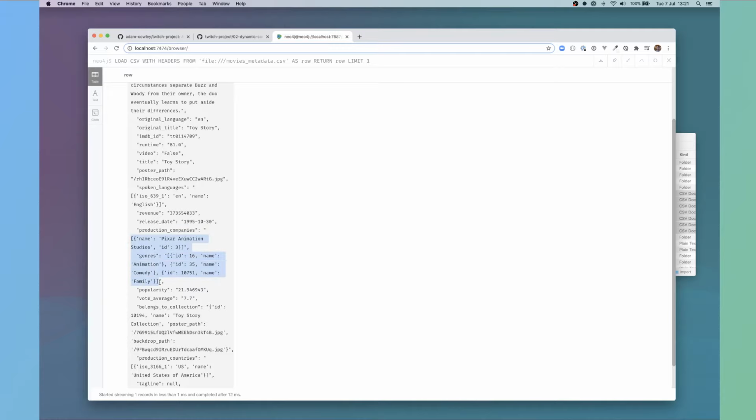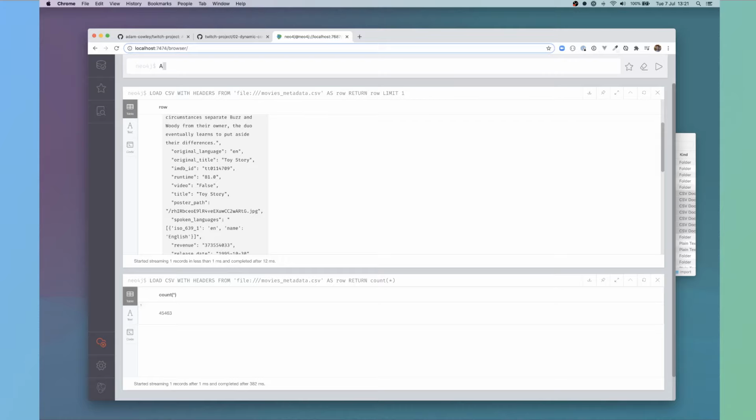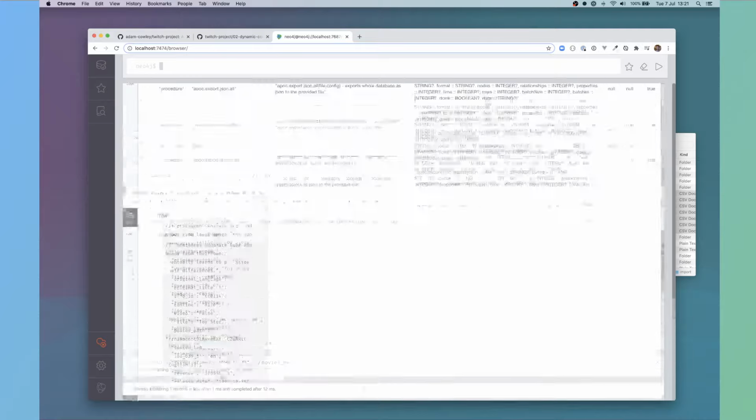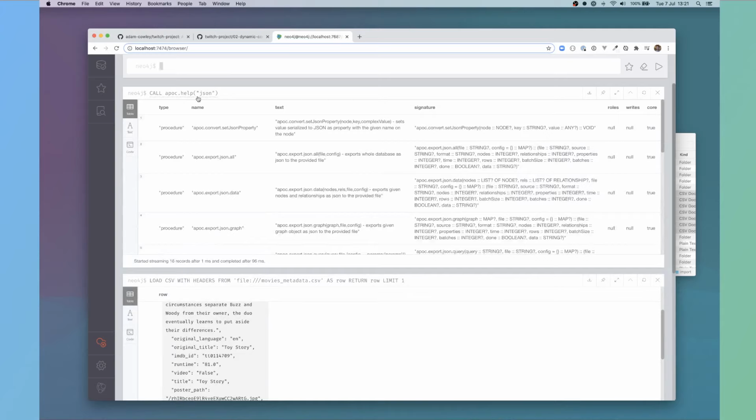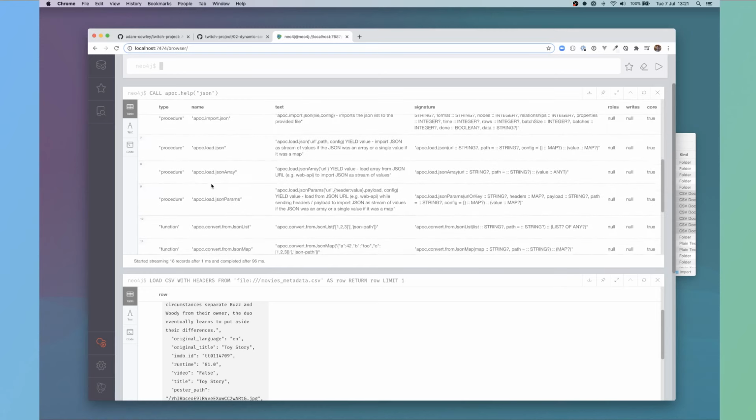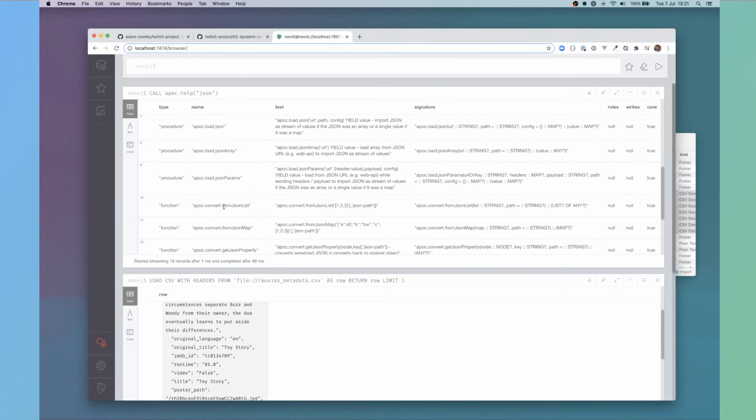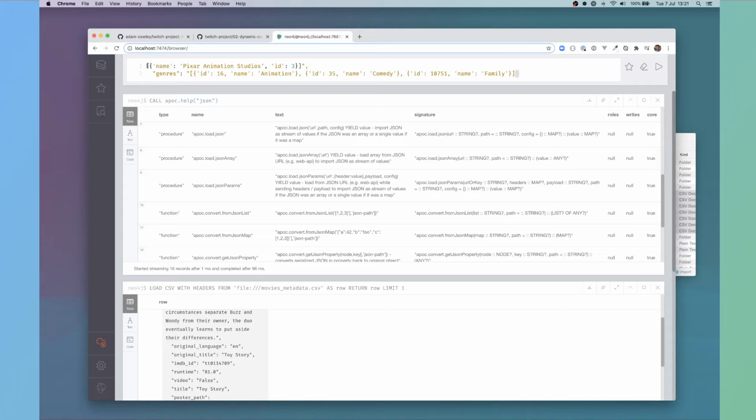So for example, if I take this value here, and look in the APOC help, and look for convert, if we just search for JSON, we should be able to find it. This will give me all of the procedures and functions that have JSON inside the name, and what we're looking for is convert. The two things that we can interchange between are fromJsonList and fromJsonMap, and it really just depends on the data type. In this case, we have a JSON list, so we have like an array.